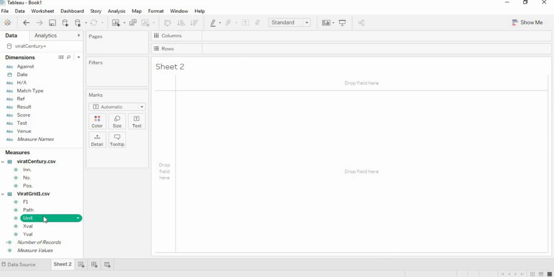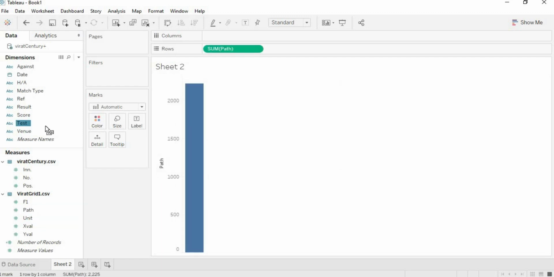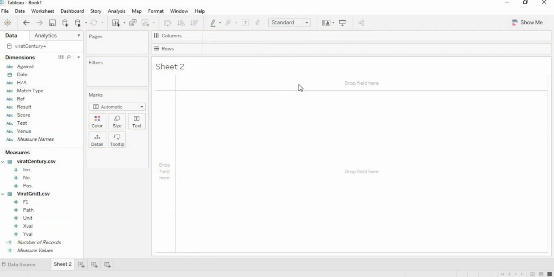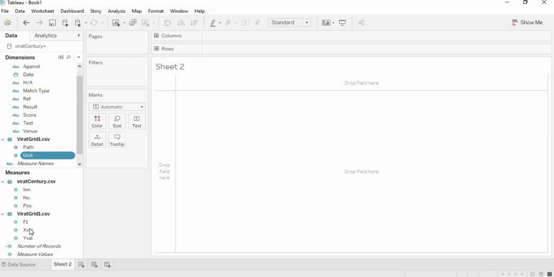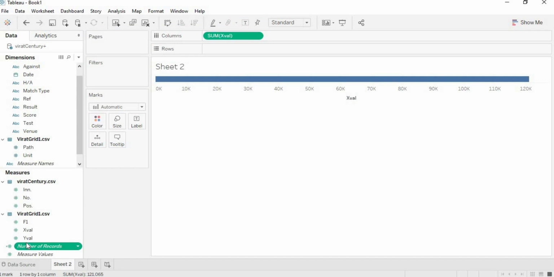Now select the path and unit and move them to dimension. Now select the x value, drag it to columns, and y value to rows.